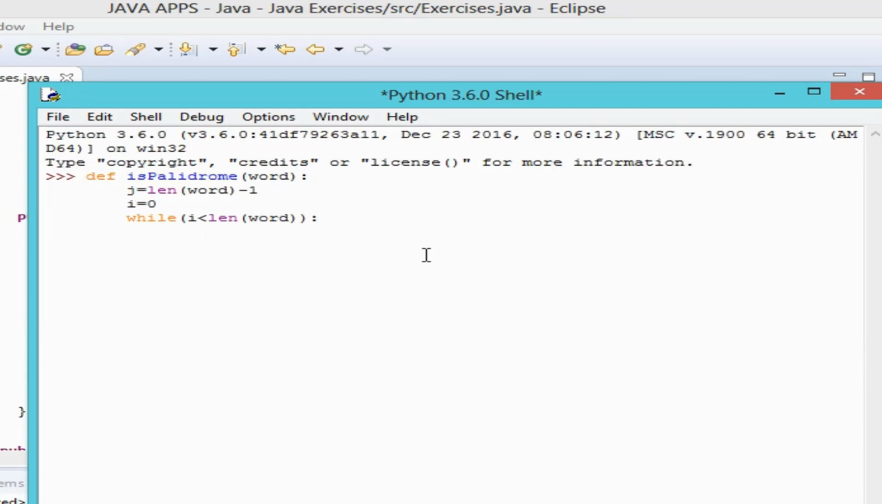And what do? We check if the character at I actually is not equals to the character at J, then what do? We return false. There we go. And then don't forget we need to increment and decrement. So that's what we're gonna do. We're gonna just say J minus 1, and then we're also going to say I is equals to I plus 1, and we say return true,